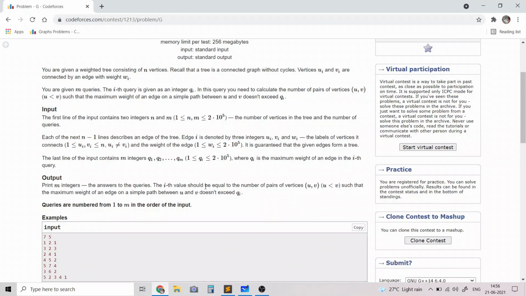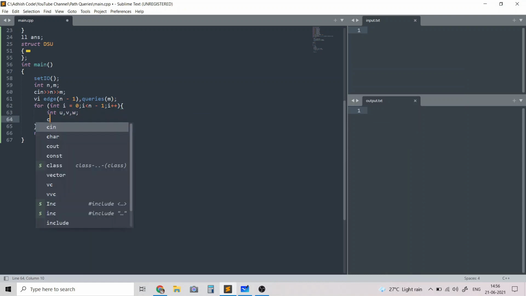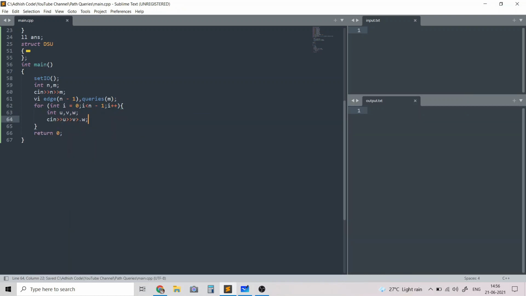So first they have given us the edges, which are of the form U V W. And remember that the edges will be stored with 3 parameters.